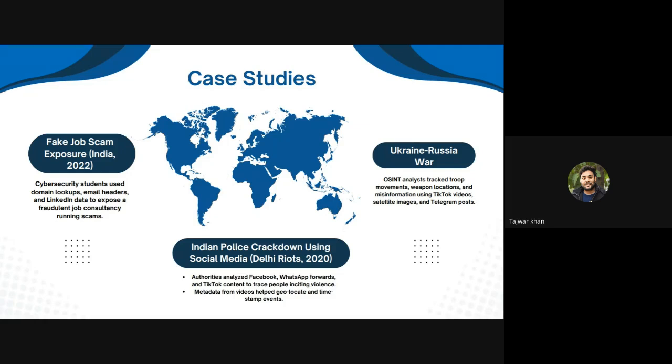Okay, so there is one more case study, where the Indian police cracked down using social media accounts in the Delhi riots in 2020. Not just this case, but there are lots of cases happening these days, where a mob is coming, some firing is going on, people are beating each and everyone, and a kind of riot is going on. Lots of people are uploading reels, thinking they're doing something with bravery. So what the police actually do is analyze all the reels and all the social media posts, and they try to trace that particular content. With the help of that content, they can track down people.